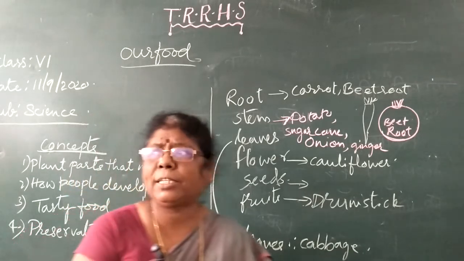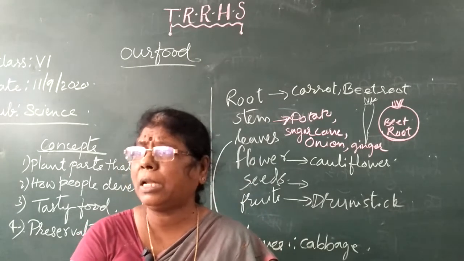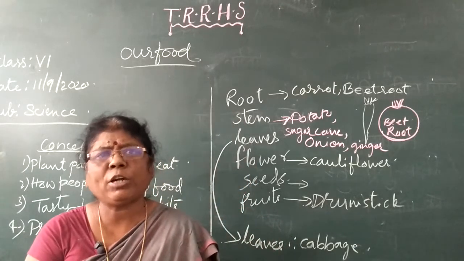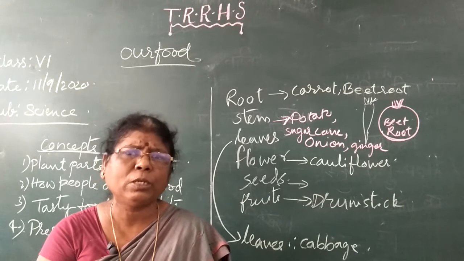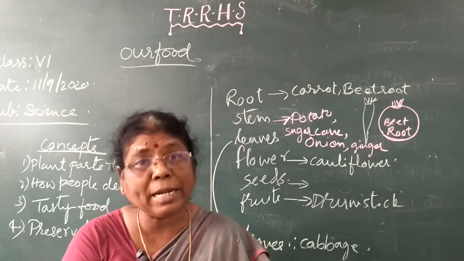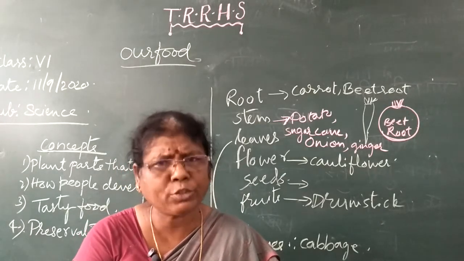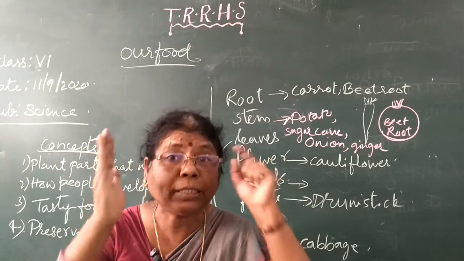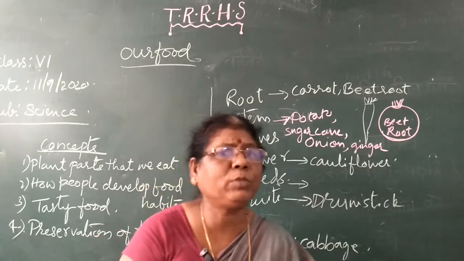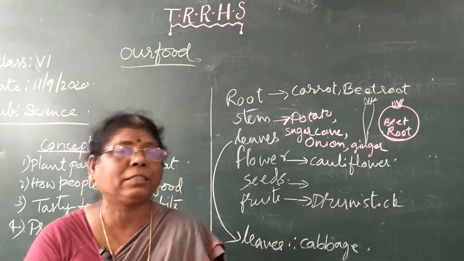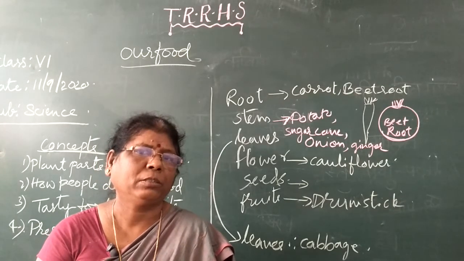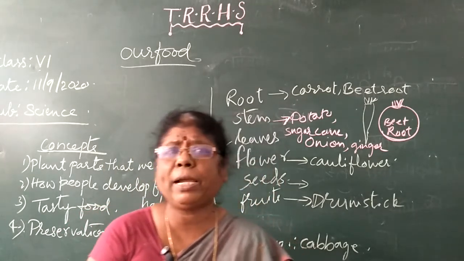Say for example, I will give you the example of khichdi. You are making khichdi with rice. What are the ingredients to make khichdi? Rice we use, pulses we use, or vegetables we use, condiments we use. Dry fruits also you can use, depending upon the availability of the ingredients. Apart from this, ghee or oil, salt is needed, chilies, green chilies or red chilies, depending upon your taste. So these are the ingredients required to prepare khichdi.